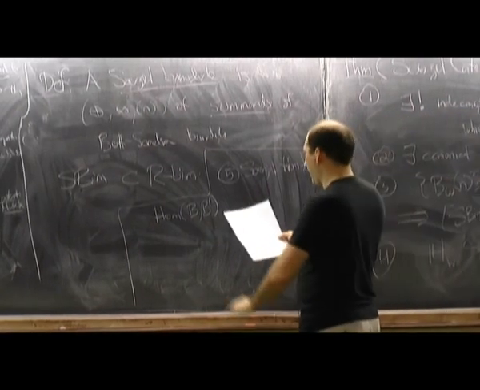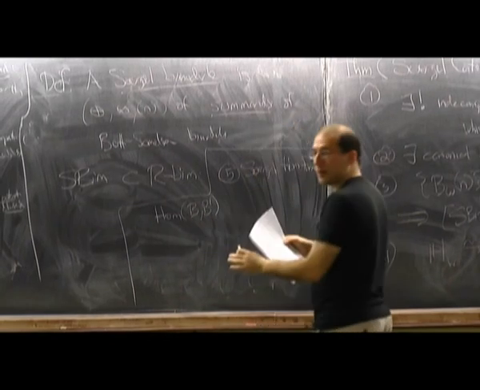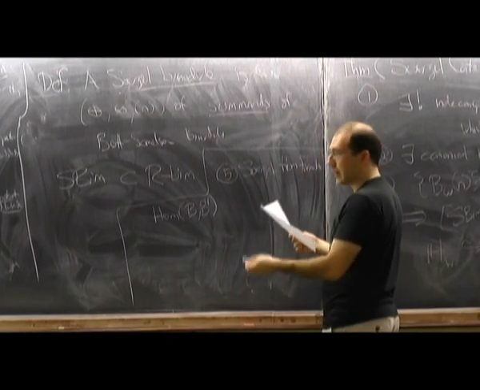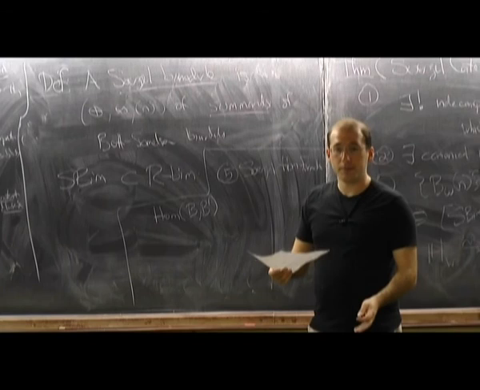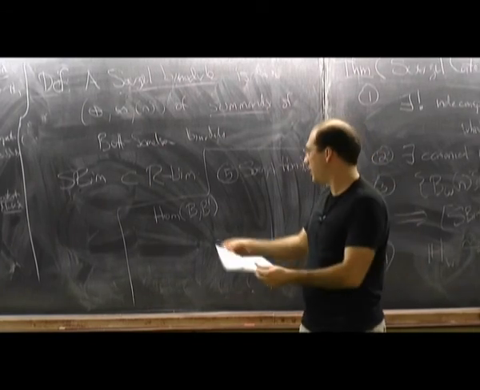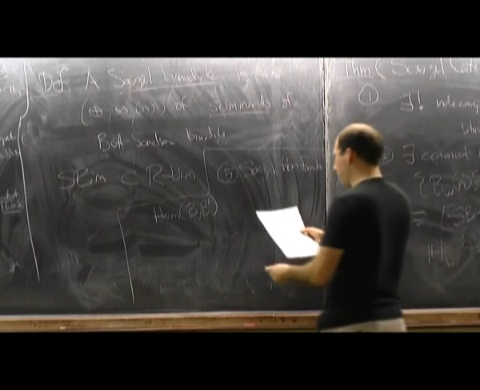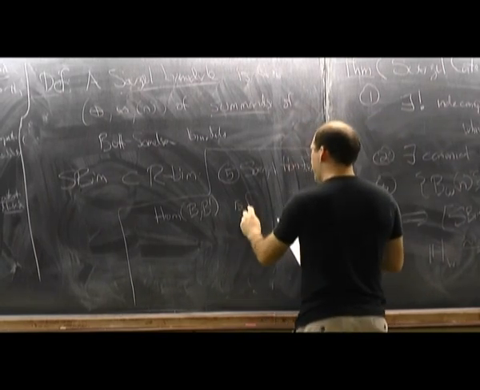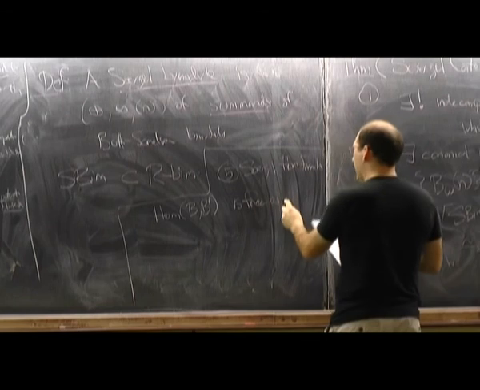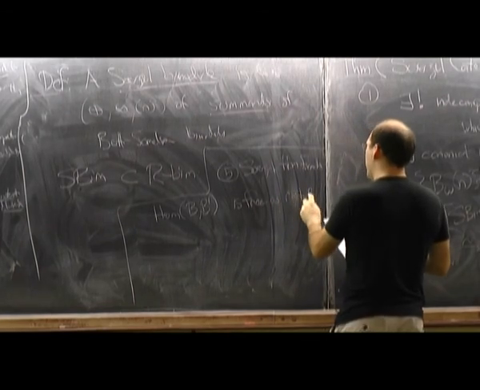Okay? Then their Hom space between them is also an R bimodule. Right, R acts on each one of these things on the left, so it clearly acts on the Hom space. And this is free as a right R module